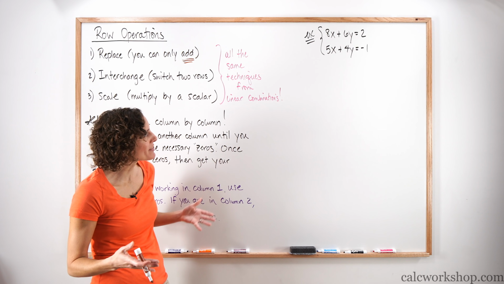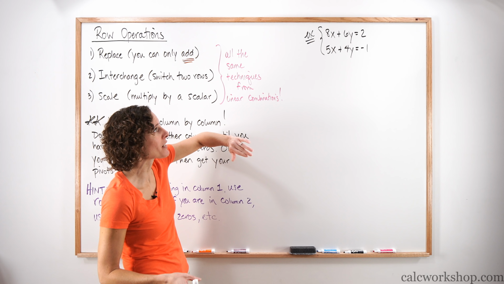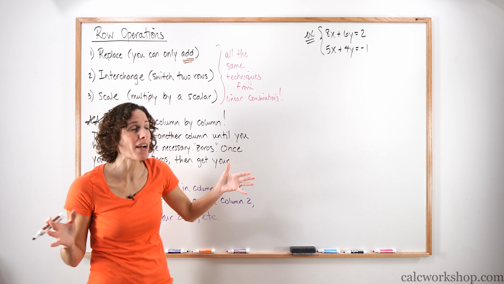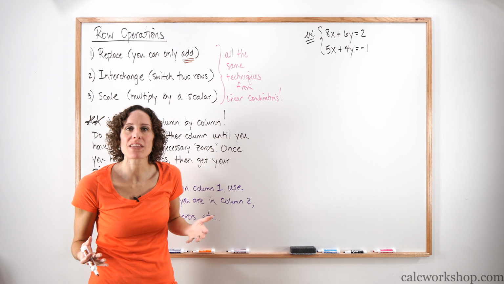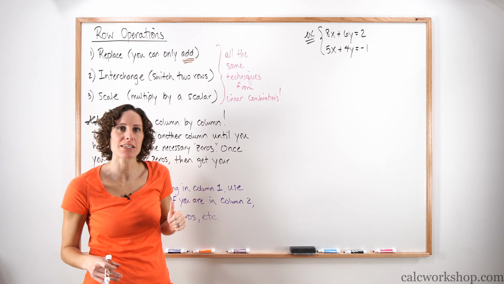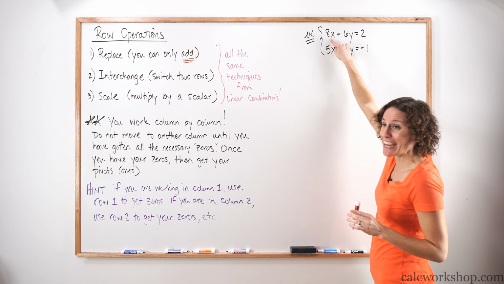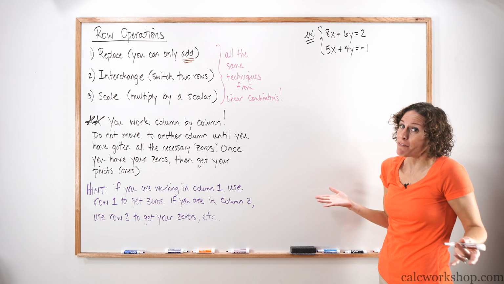Well, in Algebra 1, what we would say is we want to pick a variable we want to eliminate. What we see is the x's are lined up nicely, the y's are lined up, the equal sign, and also the constants. So we're already ready to go in terms of combining things. Well, let's get rid of the x's. If we get rid of the x's, that means they have to have the same number, opposite signs. What we see is that this guy has an 8 and this x has a 5. They're not the same number, nor are they even opposite signs.